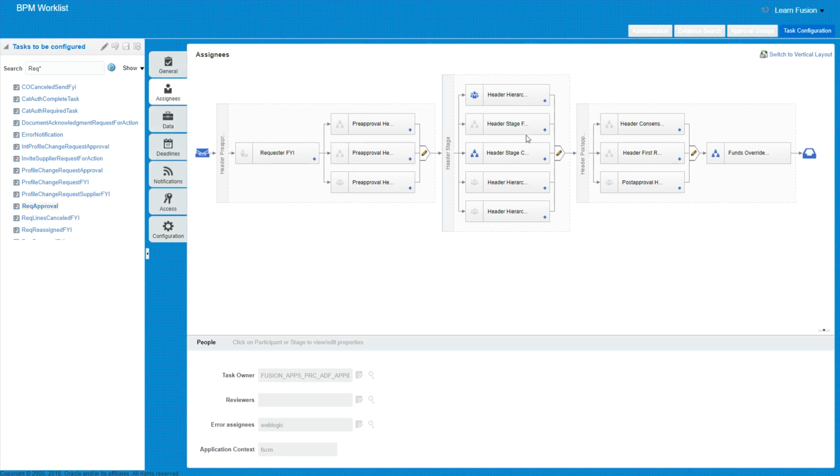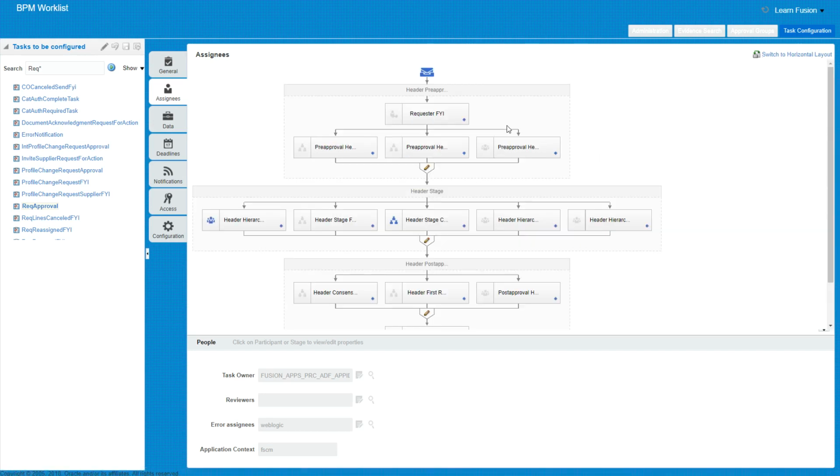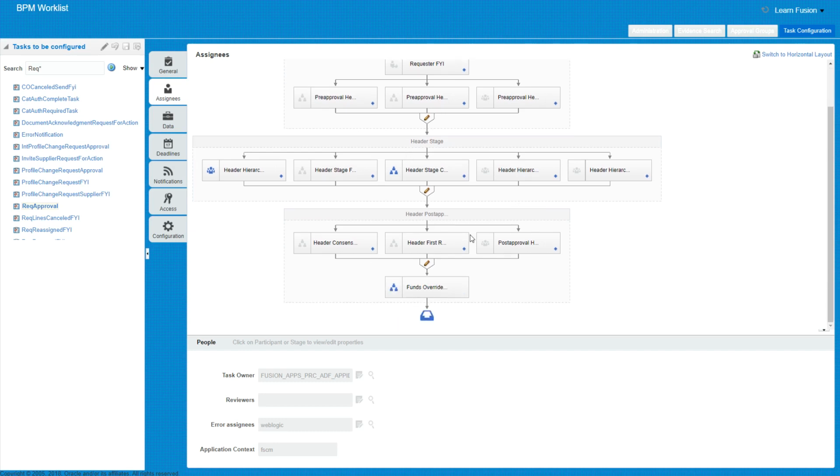You can switch to vertical layout if it makes more sense or is easier to read. If you see, the approval has three stages: header pre-approval, header stage, header post-approval, and then something called funds override if you have budgetary control enabled.